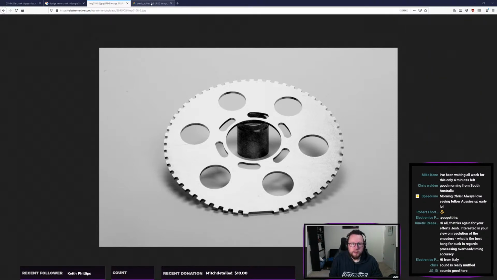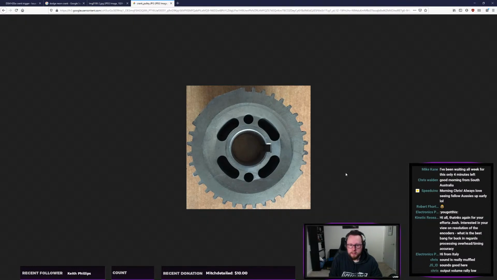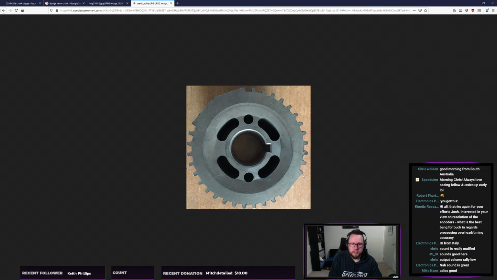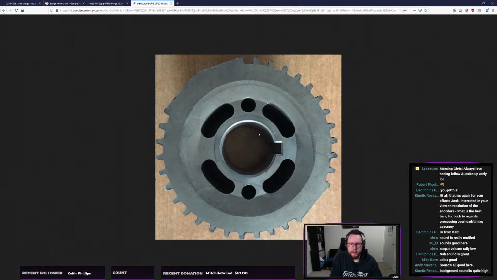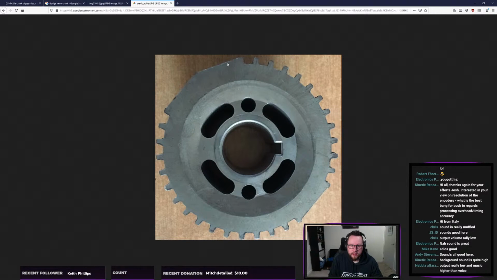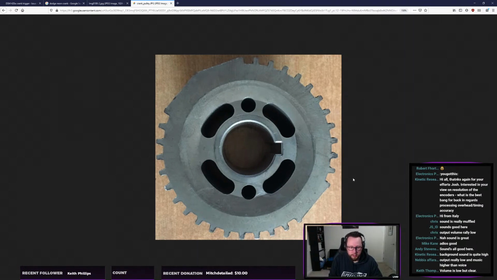To give another example of trigger pattern, this is a 36 minus 2 minus 2 minus 2, which is really a bit of a mouthful to say, and it's an interesting sort of pattern, but we see that it's got multiple sets of missing teeth, including some that are concurrent to one another. You do sacrifice some resolution in those areas, obviously, because you don't have teeth there, but patterns like this have